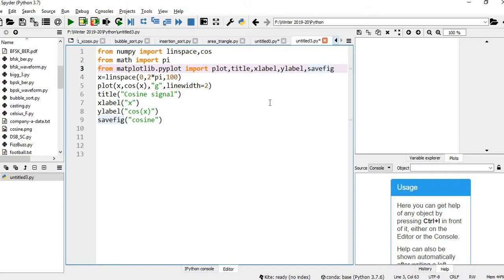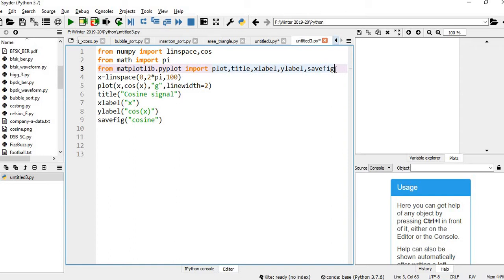If you notice, we have imported various commands from the matplotlib.pyplot library. We are still going to import many commands, and every time we would need to write the command we are importing from this particular library.